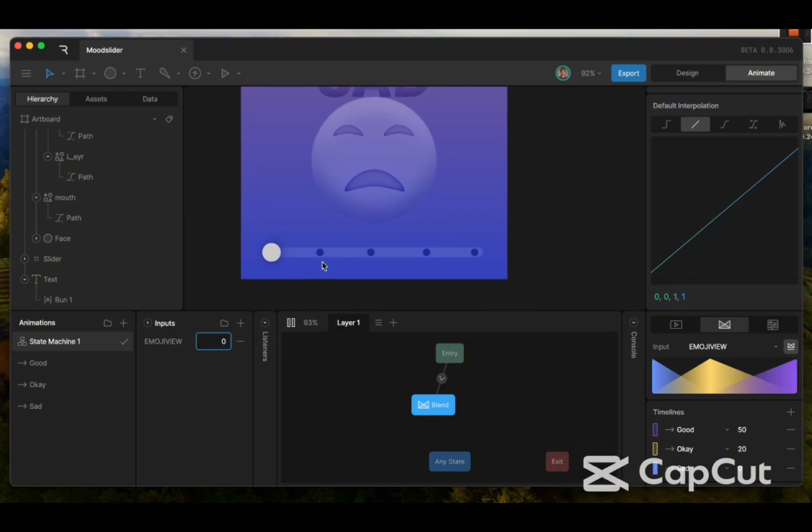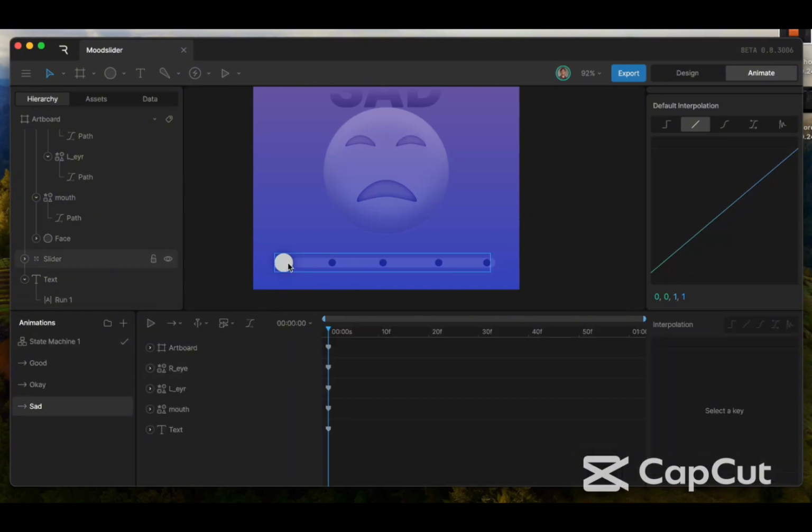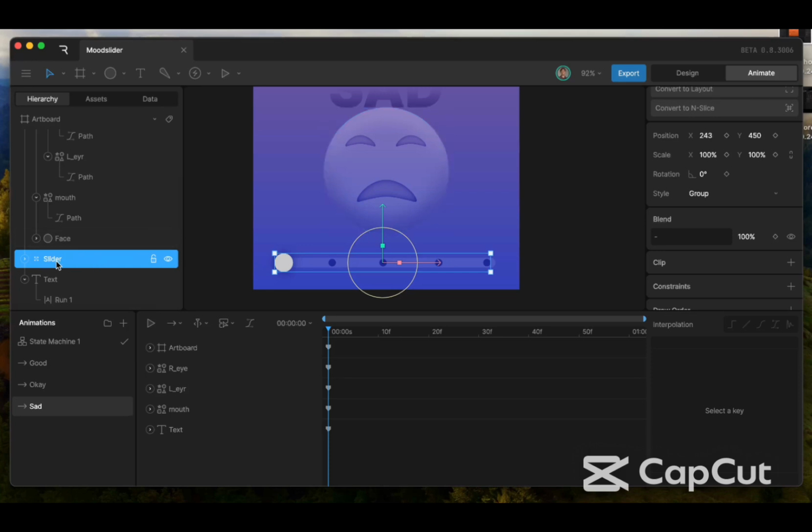The next thing I would like to do is add this slider to our timeline. So I'm going to come here. This is just a traditional way of showing you guys that we can. But I'm trying to figure out a way that we can actually click on this and drag it, and our animation changes in real time when we interact with the slider. So I'm going to update this video once that is done. But before then,